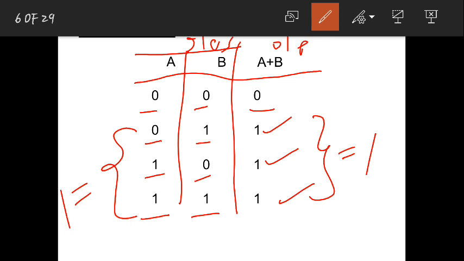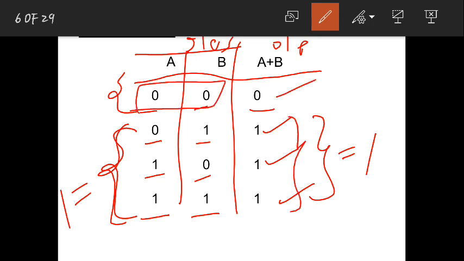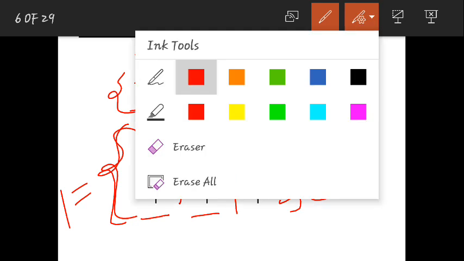For this OR gate, you can also define it in another way, which is similar to the same definition. The first definition was that at least one input should be equal to 1, only then will the output be equal to 1. The other definition is when all the inputs of an OR gate are equal to 0, then the output is equal to 0, else the output will be equal to 1. That means instead of mentioning all these 3 cases, what I am trying to say is both the inputs should be equal to 0, only then the output is equal to 0, else the output will be equal to 1. I can define it in either way. So, you should know the concept, how it is happening.